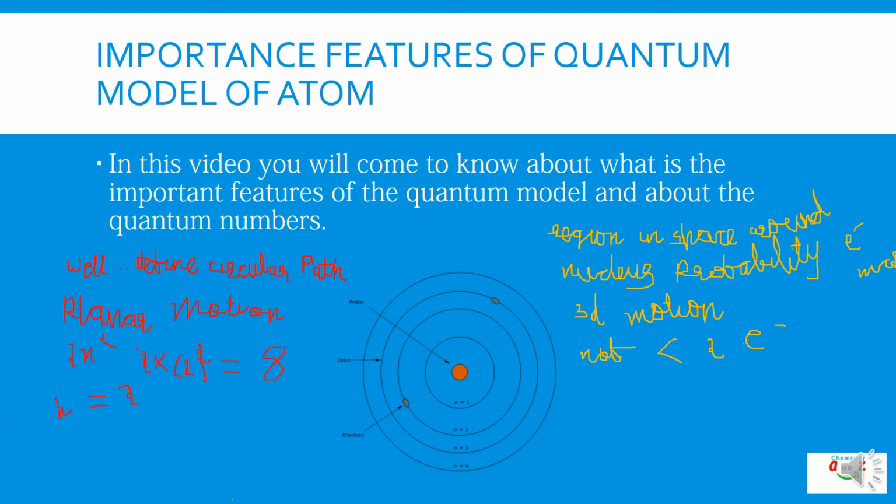Here in this figure, students, you are able to see the nucleus. This is the nucleus and this is the n is equal to 1 principal quantum number orbit. This is the n is equal to 2 principal quantum number orbit, where you can see the electron moving around the nucleus. Same way here also you can see the electron is moving around the nucleus. So an orbit just shows the path where the electron moves, and you can see it is a circular path.